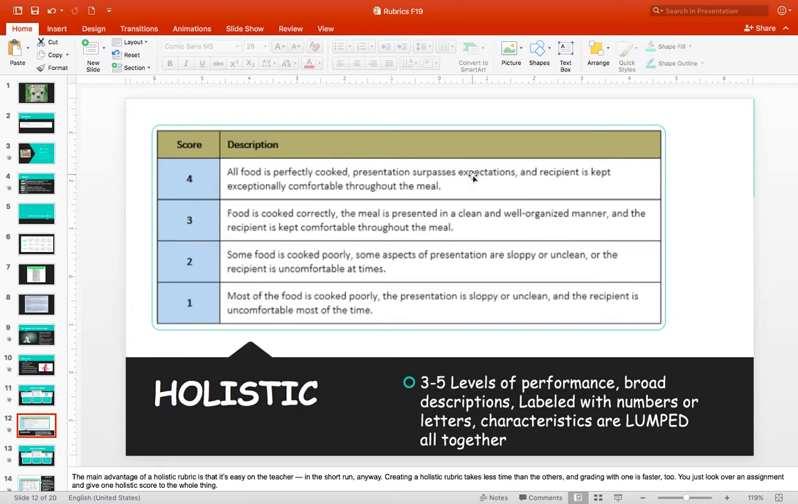So let's look at number 3. Food is cooked correctly. The meal is presented in a clean and well-organized manner. Recipient is kept comfortable throughout the meal. What's difficult here is that I'm not really quite sure where I went wrong to earn a 3 versus a 4. So the best way to describe this,